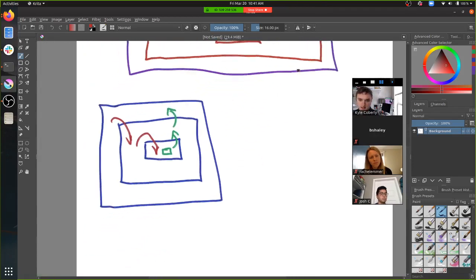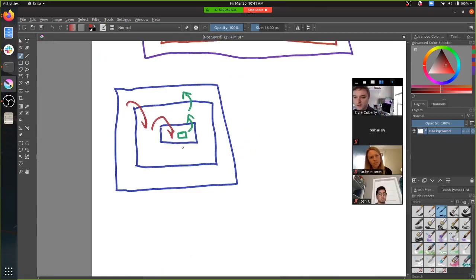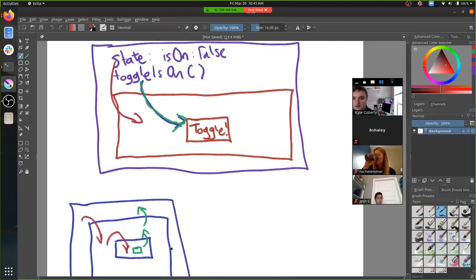So in the traditional meaning of data down, actions up, you pass the data down through components as props. The actions up part in most other frameworks is this inner component emits an event. This outer component listens to the event and then also emits an event. It just keeps passing that event up. And so up here, I can listen for that event and go, oh, cool. So some button way down here got clicked, and now I can change this data, and that data gets passed down, and so it just goes in a circle. Got it. Thank you.